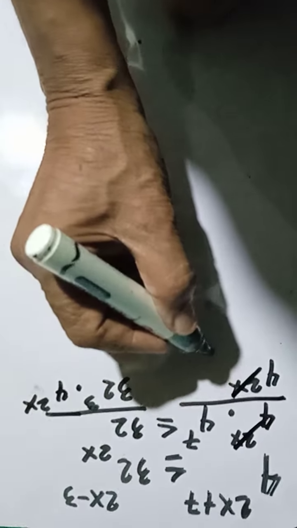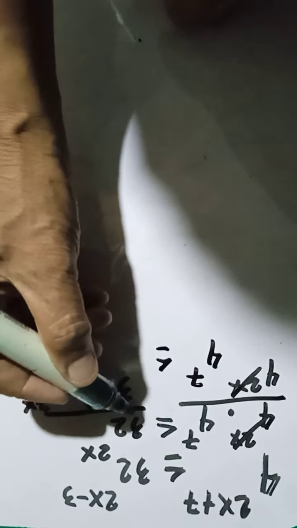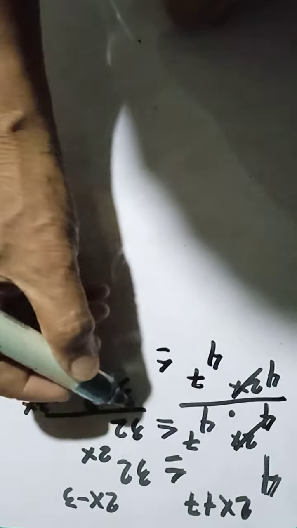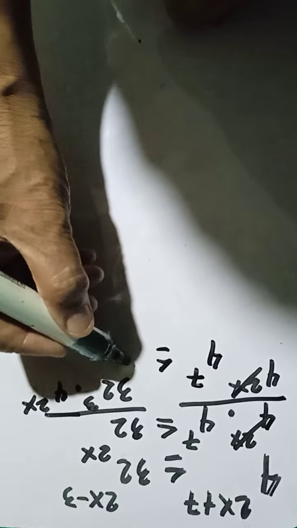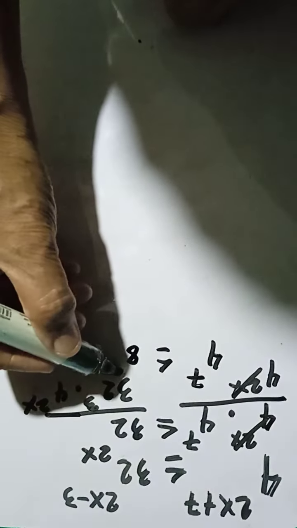What is left is 4 raised to 7 is less than or equal to, we get the 4 here from 32, what is left is 8. 8 times 4 is 32. So 8 raised to 2x